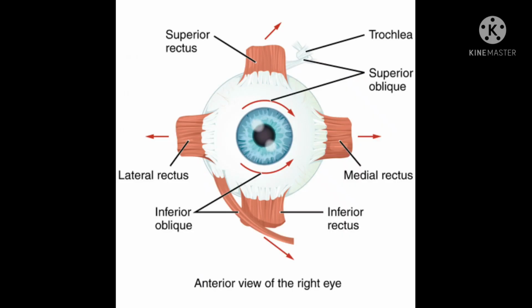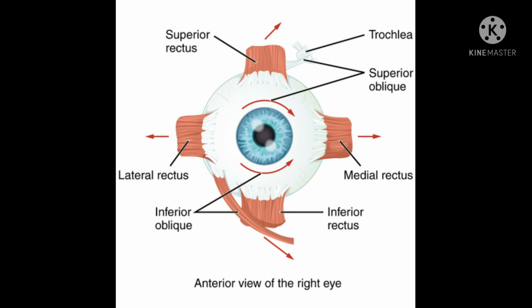Now we are going to talk about the extraocular muscles. The extraocular muscles are divided into two groups, voluntary and involuntary. There are 7 voluntary muscles in the eye orbit, out of which 6 move the eyeball and 1 moves upper